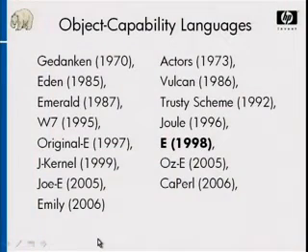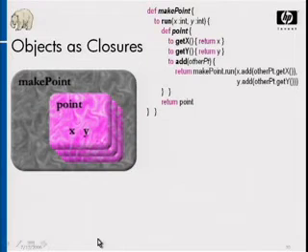The notion of an object capability language actually goes back all the way to Gedanken in 1970. It's had a rich history. Most of the history are languages that you've probably never heard of. The exciting thing is the recent history is leveraging the fact that object languages and object capability languages are so similar, because both of them leverage essentially the same abstraction mechanism that Dennis and Van Horn were exploring in their initial work. J-Kernel and Joe-E are both based on Java. E-Mily is based on OCaml, etc.